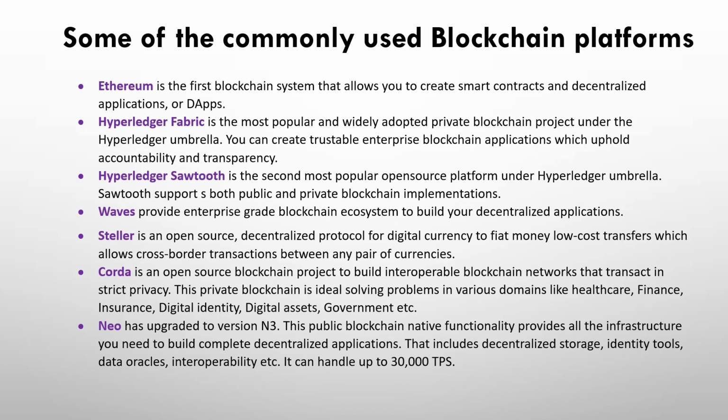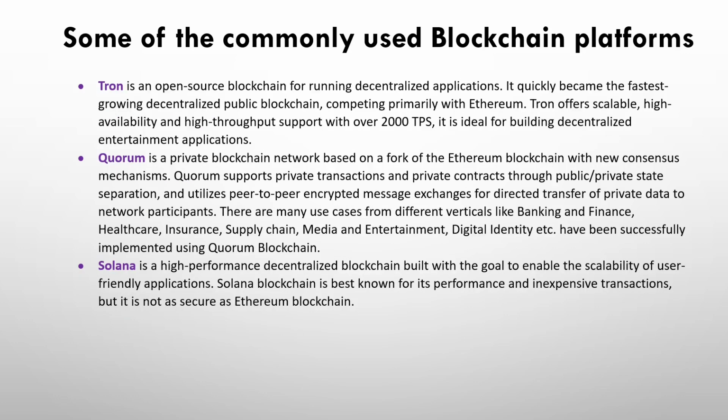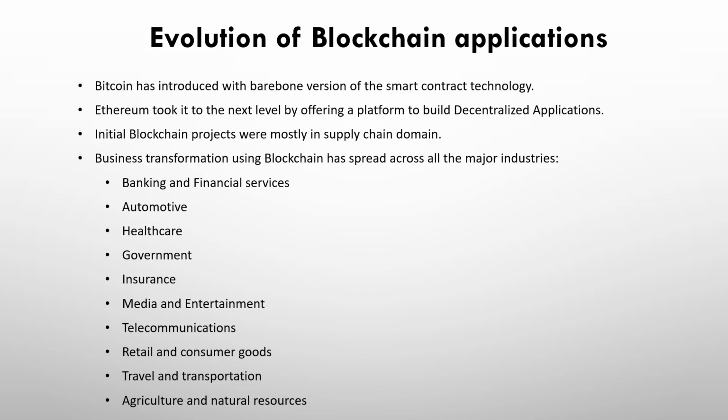I'm not going into detail about each of these blockchains here, but you can select a few and see the use case implementation details from the official website and GitHub repositories. There are many projects which are under development or production ready in the supply chain domain. Consider the agriculture or grocery sector. Food safety is of paramount importance, and so is the ability to track and trace agriculture and grocery products. So this may explain why the majority of the projects that utilize blockchain were concentrated in this sector in the initial